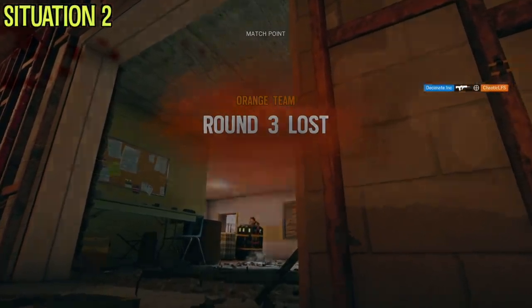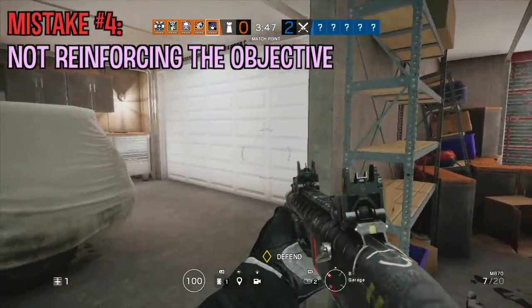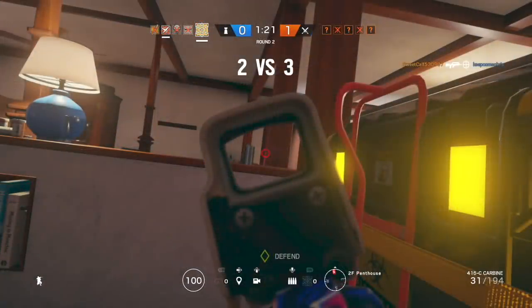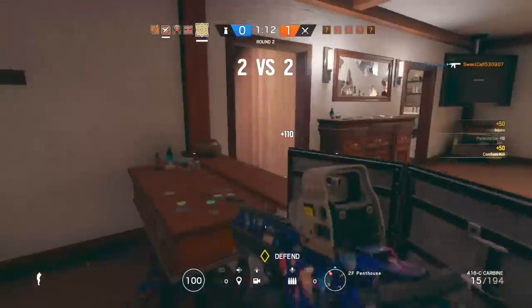This makes it impossible for her to enter the room without being killed, and ultimately makes the defending team lose the round. Mistake number 4, not reinforcing the objective. Every new player loves to barricade random stuff, but no one wants to reinforce the important walls. If you don't reinforce, it grants the attacking team easy access to the objective and it makes it much harder to defend. However, on the flip side, many new players often reinforce the wrong walls, which also makes the objective